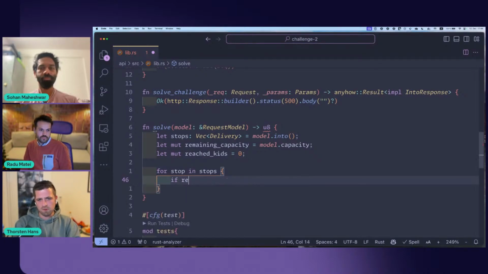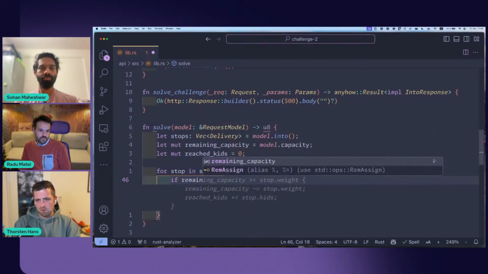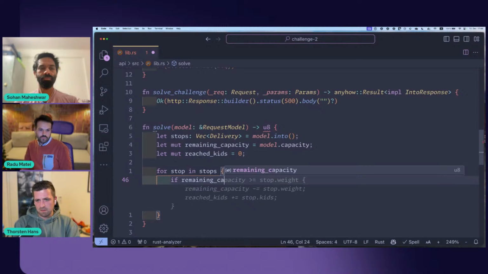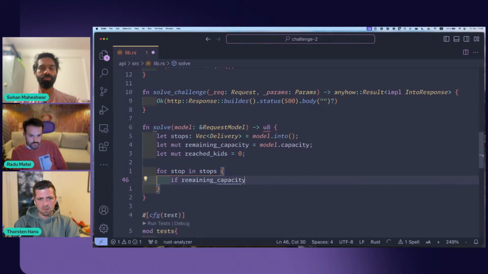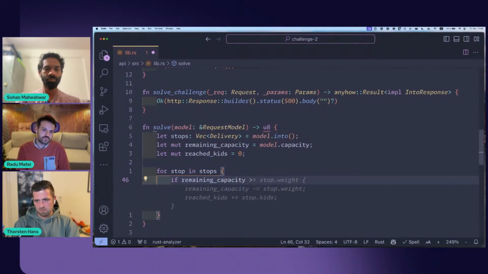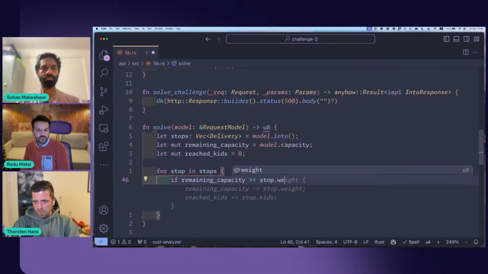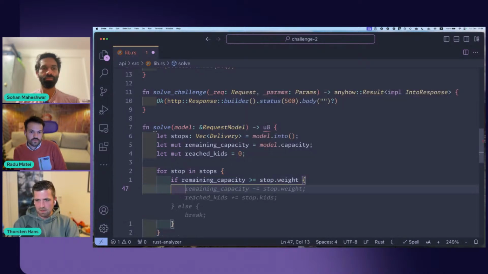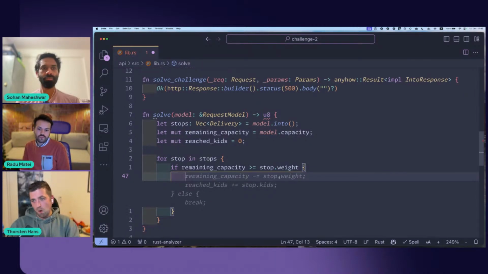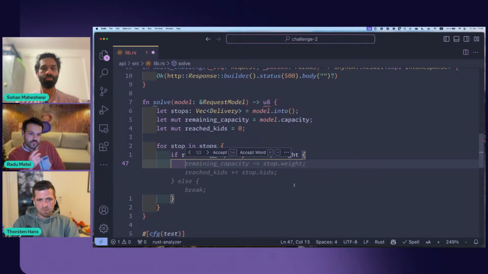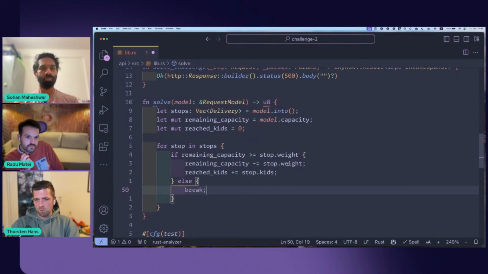I prefer if remaining capacity is bigger than, what is it? Stop dot weight. So if we have more capacity left than the stop would take, then we can say remaining capacity, we subtract the weight.